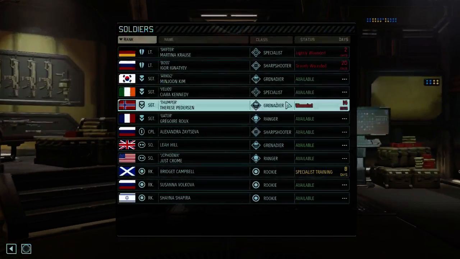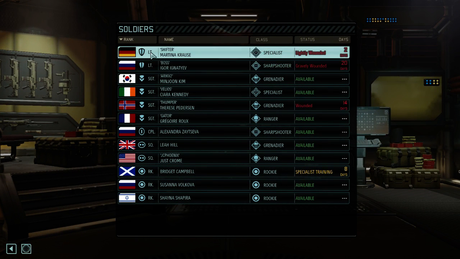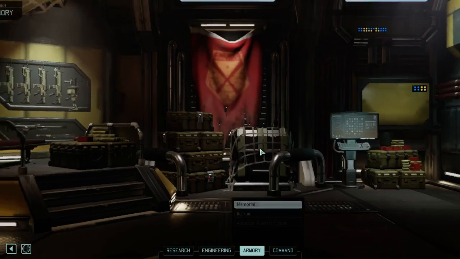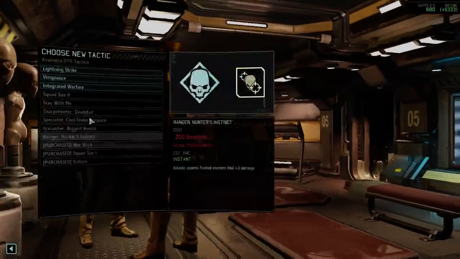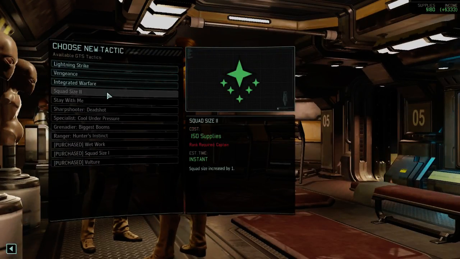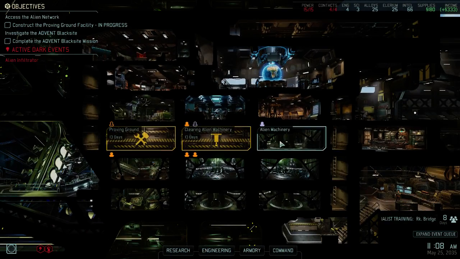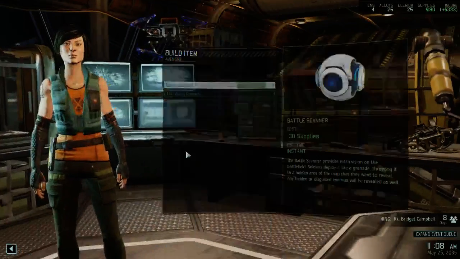Let's check our soldiers. Both of our lieutenants are now wounded. I mean, given he's only lightly wounded, he probably will be on the next mission. But still no captain. New orders, Commander? So tasty. I like squad size 2. Anyways, I wanted to check something else, which is...